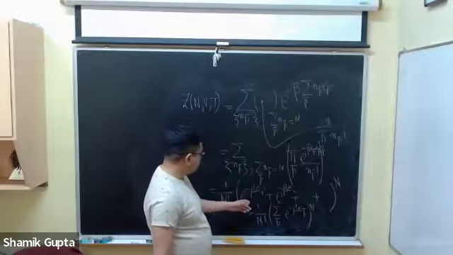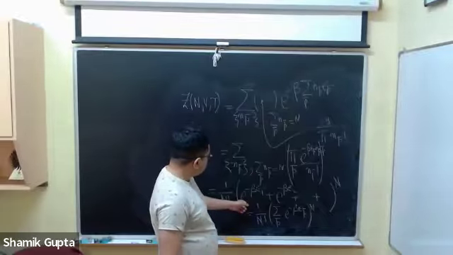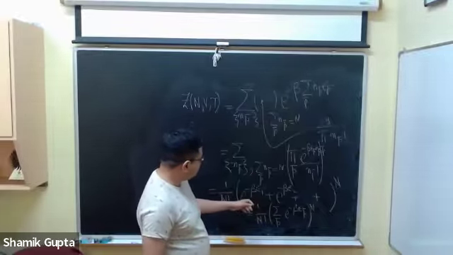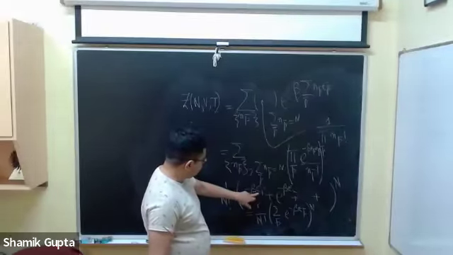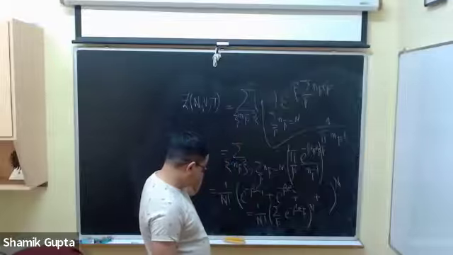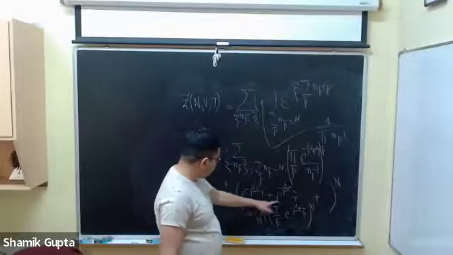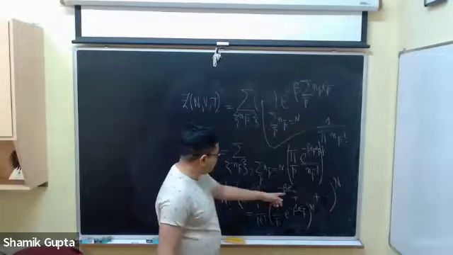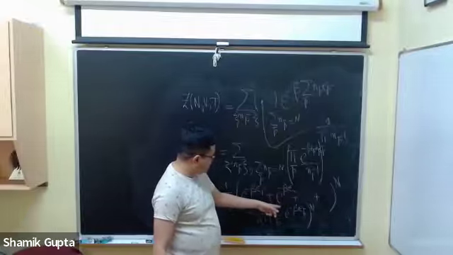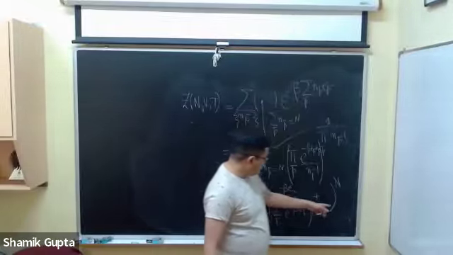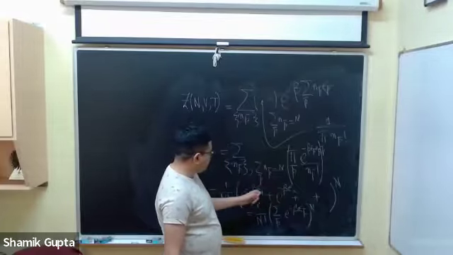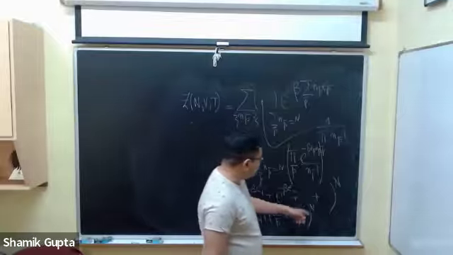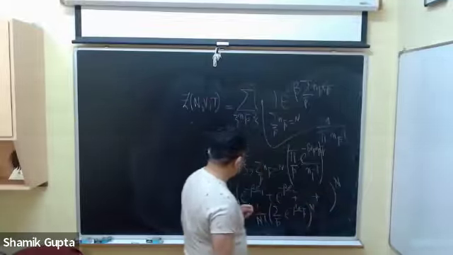This you can easily prove because what will be a general term of this series look like? It will look like e to the power minus beta epsilon_1, whole to the power n_1, divided by n_1 factorial, e to the power minus beta epsilon_2, whole to the power n_2, divided by n_2 factorial, all the way up to the last term, but then with the constraint that n_1 plus n_2 plus n_3 plus dot dot dot equal to capital N.